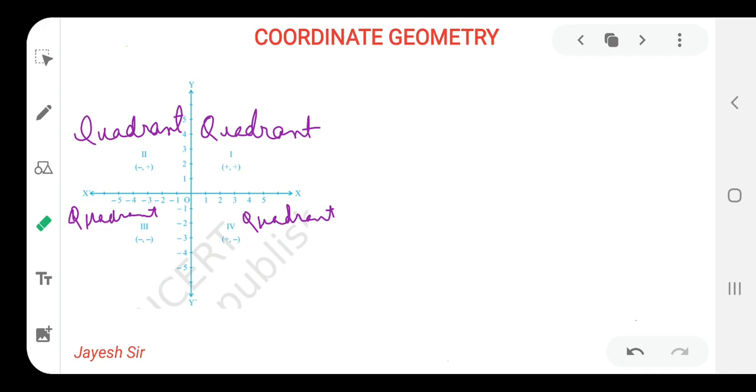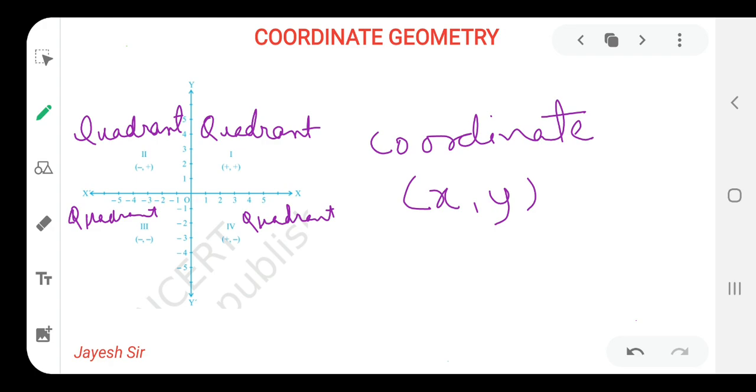Now why do we need to learn this, and what are the things that we should keep in mind while studying this? Quadrant 1 has the values plus plus, and how the values plus plus are coming, that also we are going to see. But before that, we need to learn how we are writing the coordinates. Coordinates, that is the name of the chapter, how to write coordinates. We can write a coordinate by x comma y, that means the value of x and the value of y.